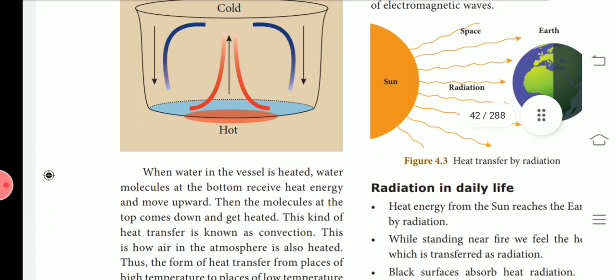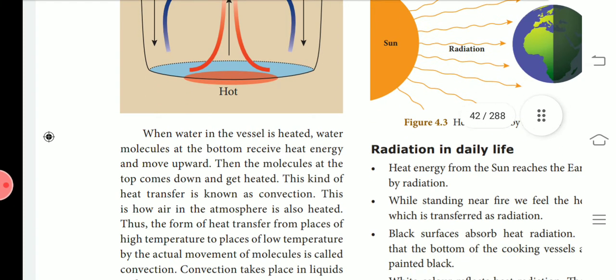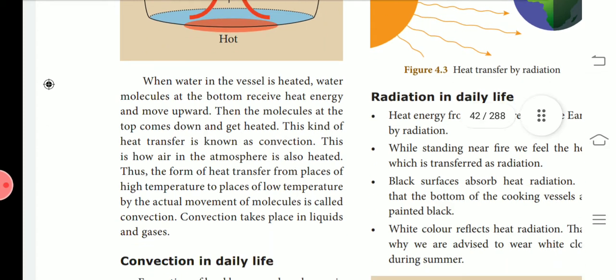So when you heat water in the vessel, what happens? Automatically the bottom layer will receive the heat energy first and then it moves upward. So the molecules at the top come down and get heated. This kind of heat transfer is called convection. It is the form of heat transfer from a place of high temperature to a place of low temperature